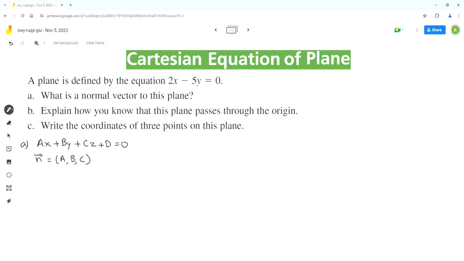Now in the given equation, there is no z term. That means the coefficient of the z term is 0. We can rewrite the given equation as